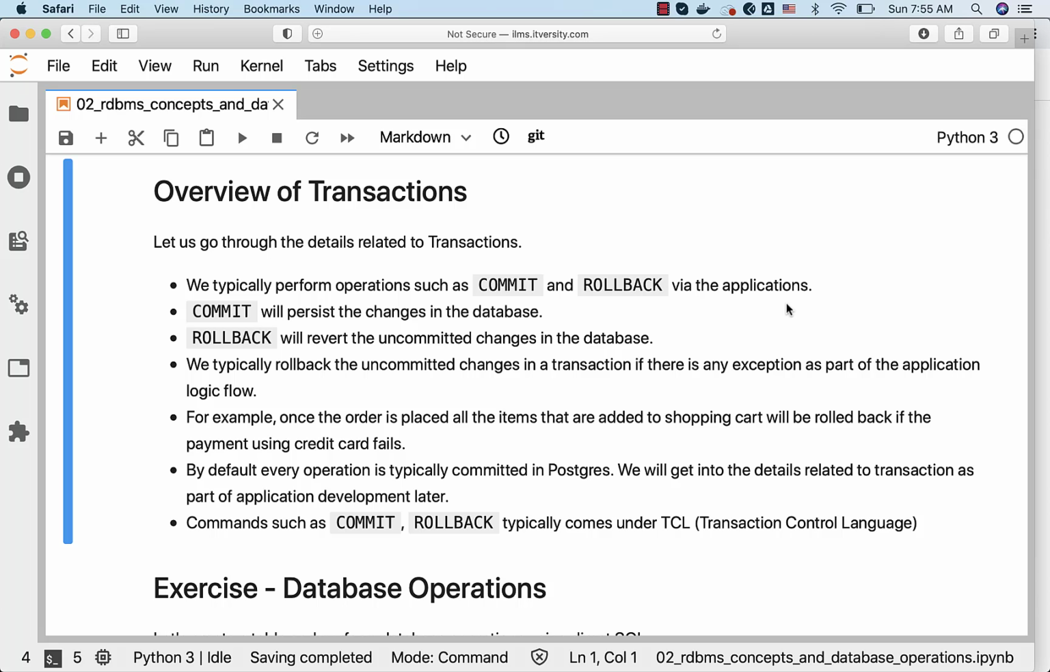Let us go to the details related to transactions. We typically perform operations such as commit and rollback via the applications. Commit will persist the changes in the database. Rollback will revert the uncommitted changes in the database. We typically roll back the uncommitted changes in a transaction if there is any exception as part of the application